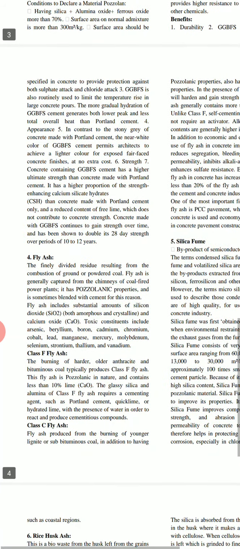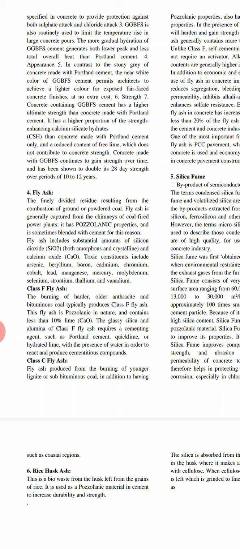Okay, and next is fly ash. So what is fly ash? Fly ash is a residue or waste resulting from the combustion of ground or powdered coal. I think you all know coal is used in power plants. When you burn the coal, some ash is left over. That ash is called fly ash. This fly ash is generally captured from chimneys of coal-fired power plants. It has pozzolanic properties, and it's sometimes blended with cement for this reason. Hence this is used with